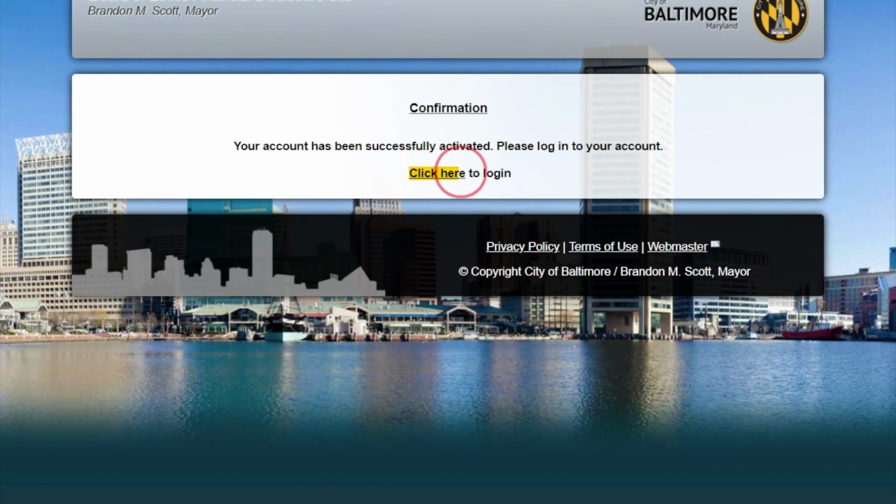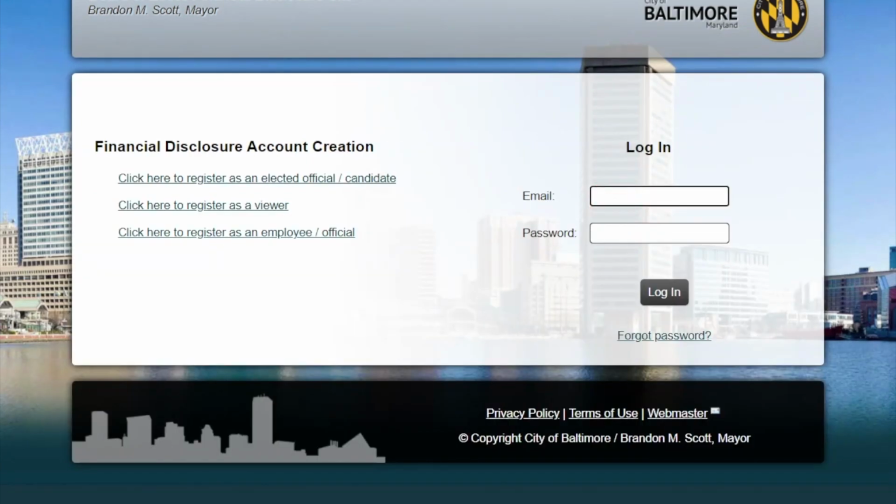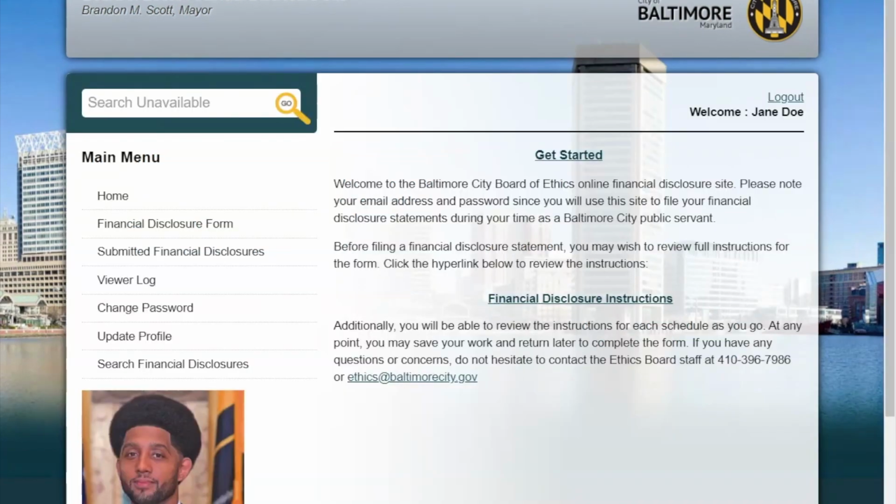Click to log into your account. Type the email associated with your account and your password. Then press Log In. After signing into your account, there's a lot you can do. If you press Financial Disclosure Instructions, that will take you to the Ethics Board's website to review the instructions for